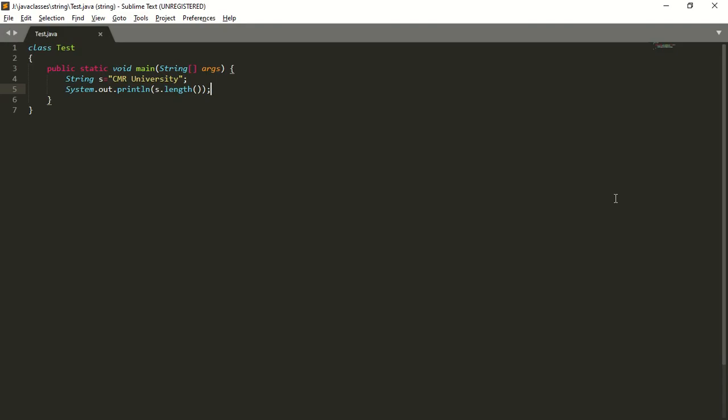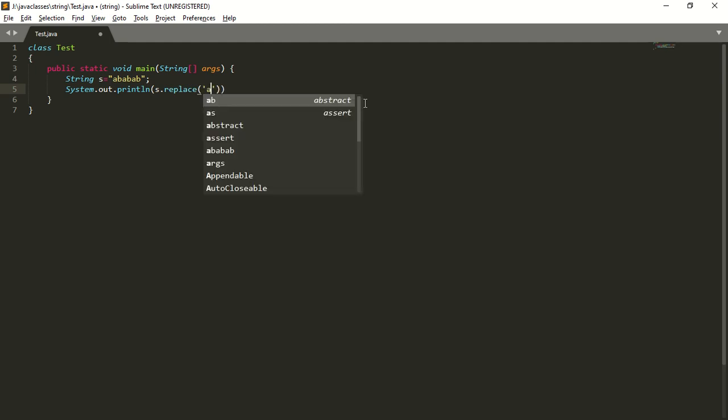So we will see an output for this. So what was the string? String s is equal to aaaaaa. Next, System.out.println s.replace. So what should I replace?